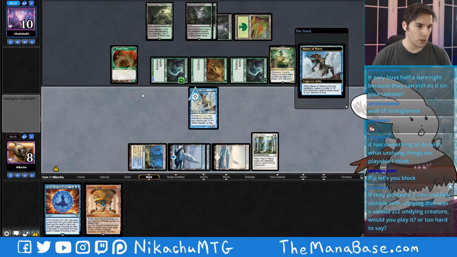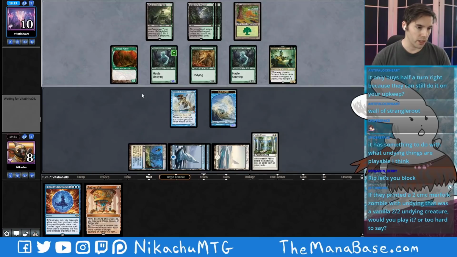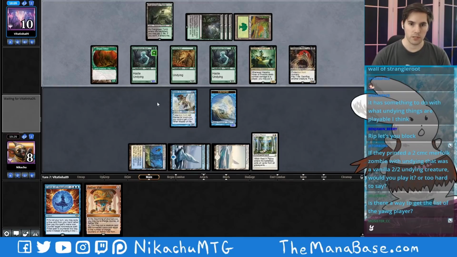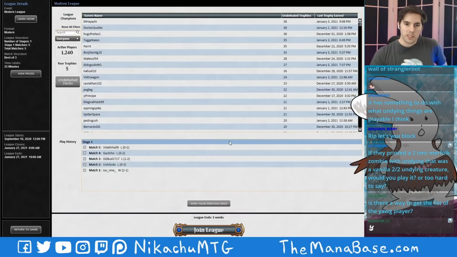If they printed a 2 CMC Merfolk zombie with Undying that was a vanilla 2/2 Undying creature, would you play it? Or too hard to say? I would probably play that. Something with Undying sounds pretty good. I just concede. Well, this was a bad...